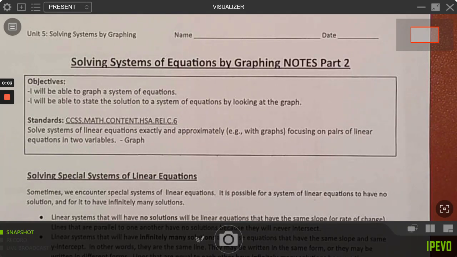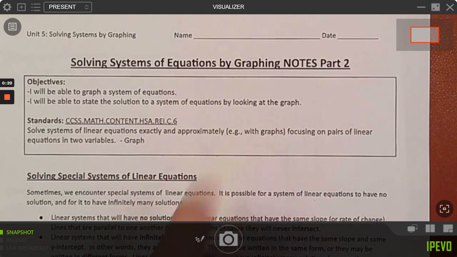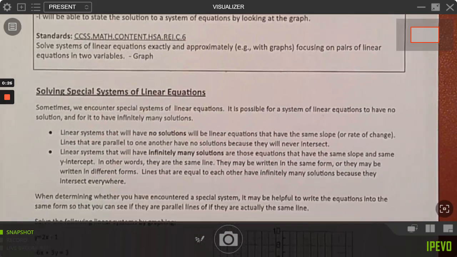Today we are looking at solving systems of equations by graphing, part 2, and we are going to be looking at, again, graphing systems of equations, but we'll be able to look at special cases. We'll be able to state the solution to a system of equations by looking at the graph, and we'll be able to do that exactly and approximately. And again, today we're focusing on special